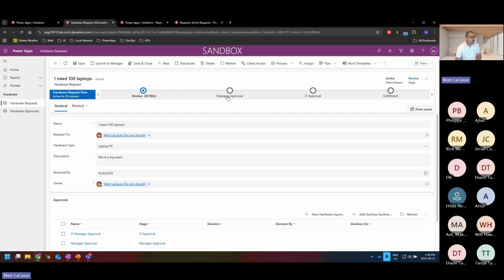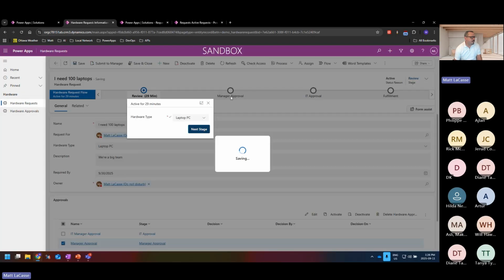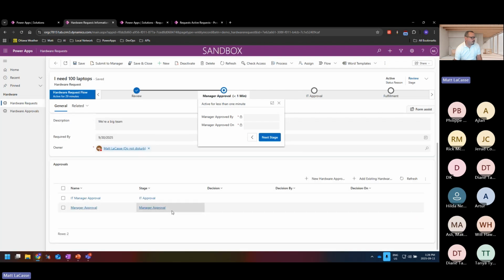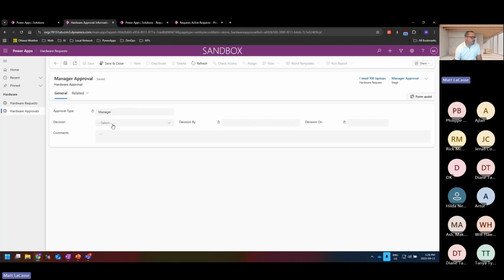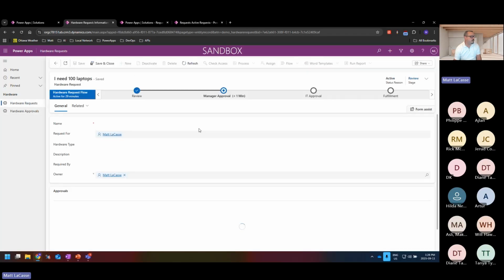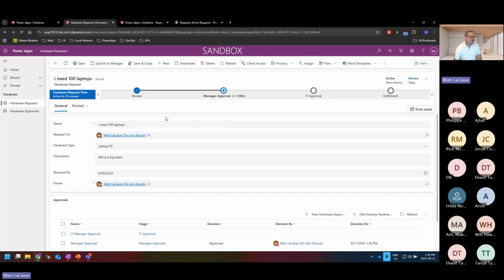And to manage the requirement that we had to have an approval finished before we move on from a stage, we added a couple fields to this record that get populated when the associated approval is done. So I can move through my stages. We've met all our requirements. It's a very straightforward kind of flow. I'm not going to spend a whole lot of time on this because that's not the point, to go through a fake hardware request, but you get the idea.